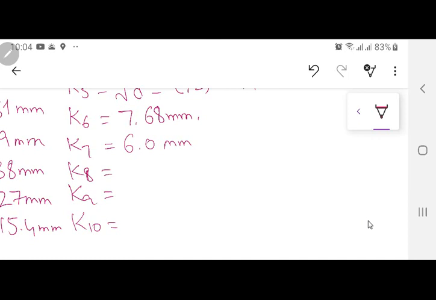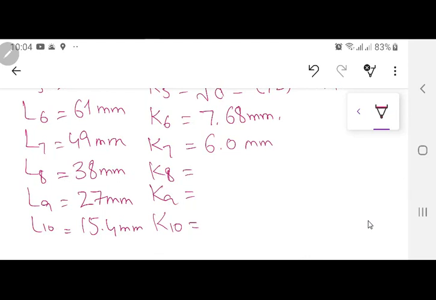One thing very important, if you are counting the steps of the transformer core, please remember they are always odd। ठीक है, when you are counting the step wise, otherwise it can be 4 step, 5 step, 6 step, but if you are counting from the top and going up to the bottom, then they will certainly be odd, because the center one is taken as 1, the rest of them are there, so it's always going to be an odd number। ठीक है, ये याद रखना जी। K8 प्लीज। जी K8, K9 and K10।